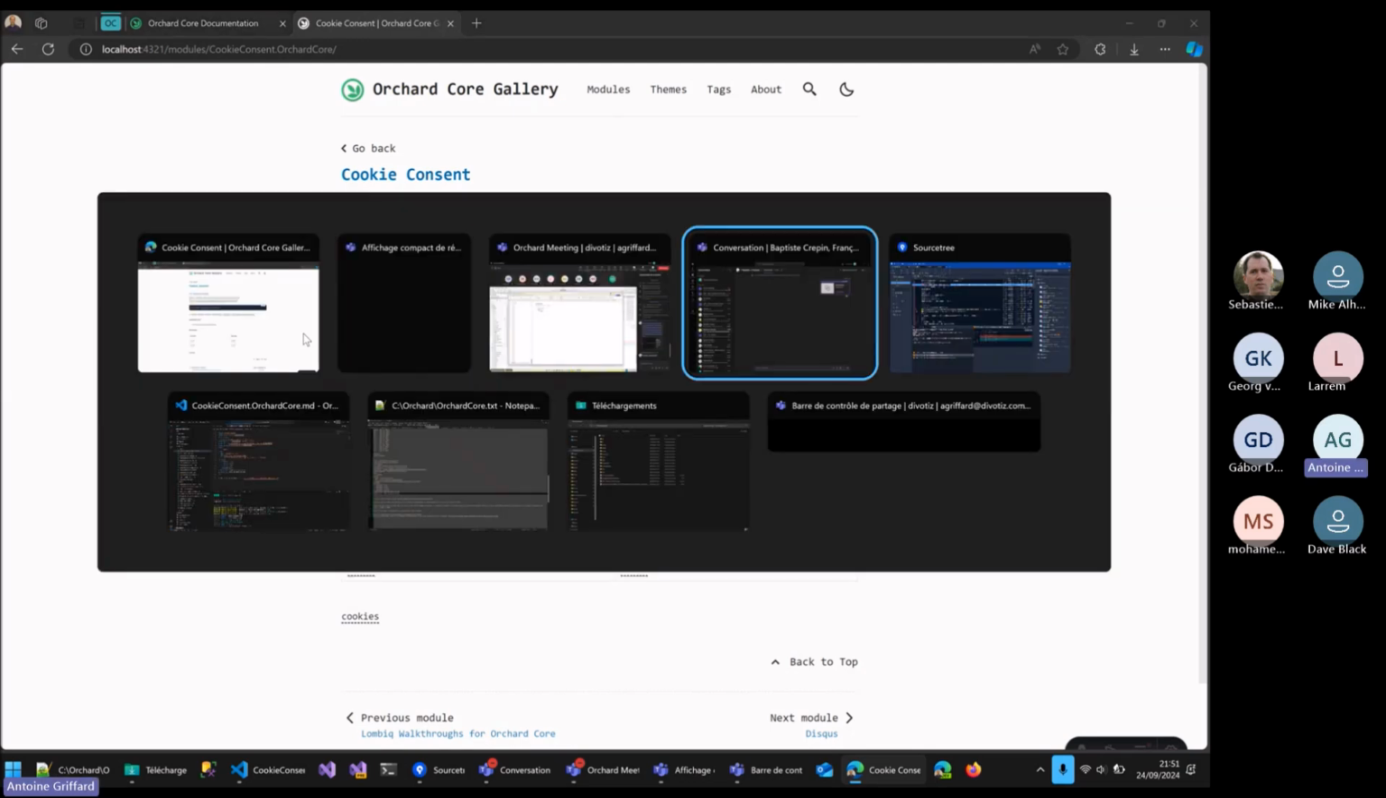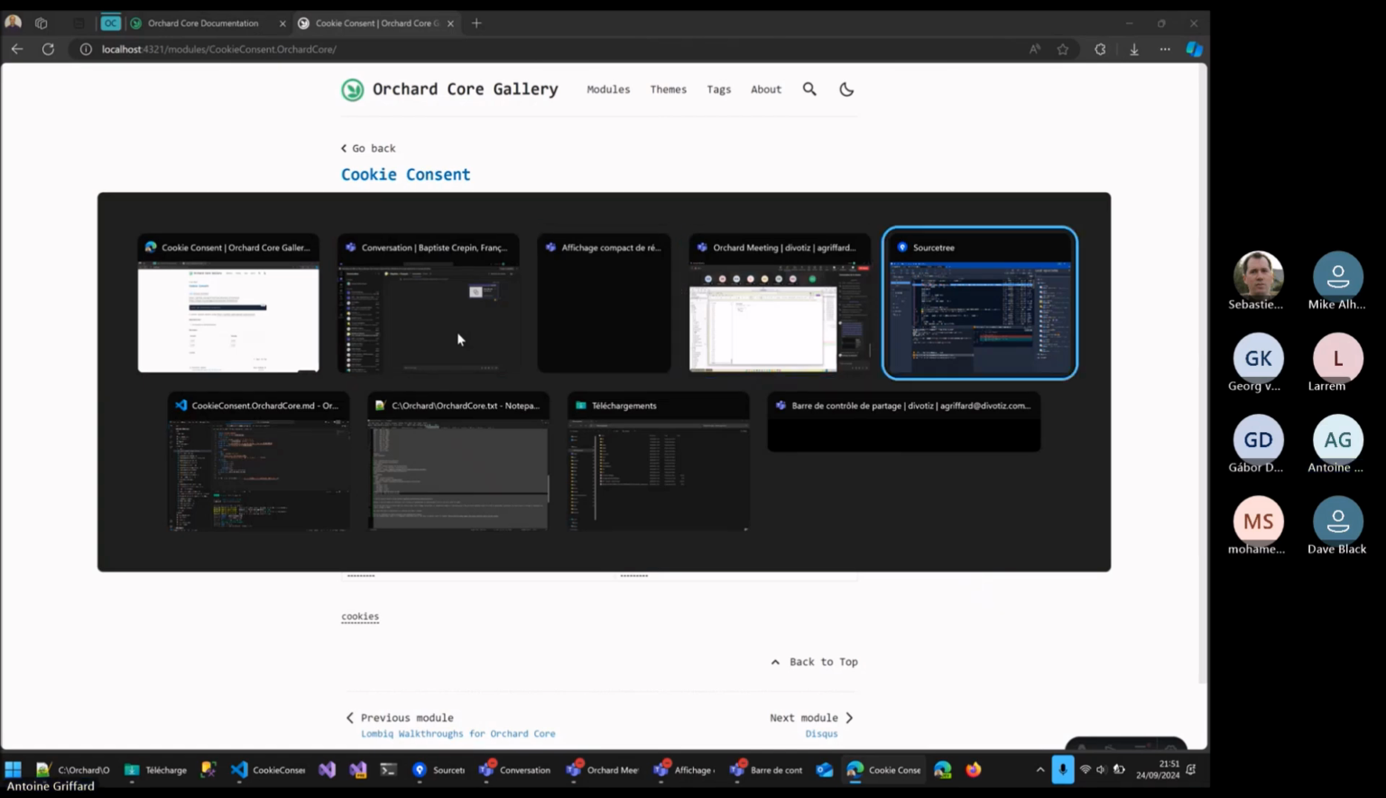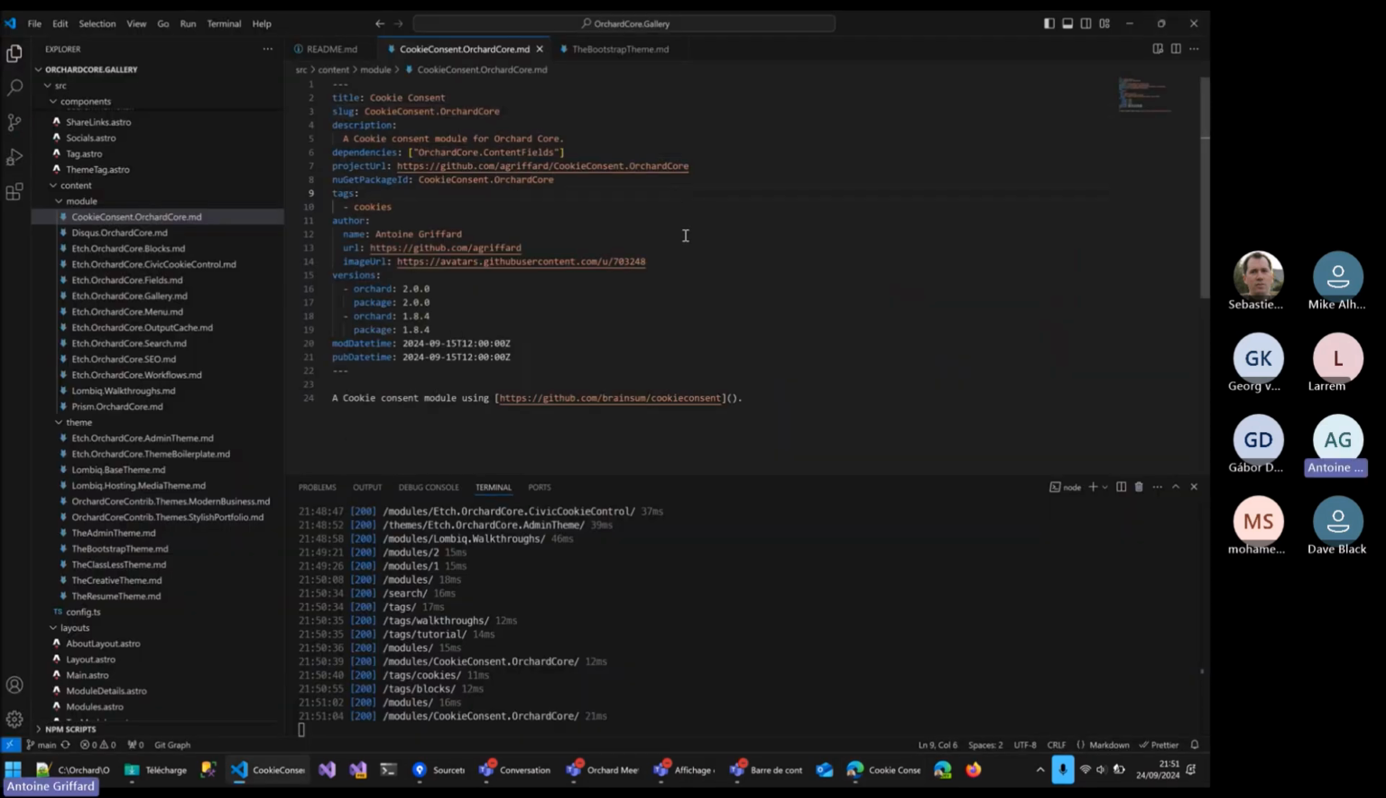So to do this, I will show you the code. For each module, you are supposed to create a new markdown file. In the headers, using what we call the front matter properties between the three dashes at the top and at the end, you will specify the properties of your module or your themes. They are exactly the same. So we will specify the title, the permalink, a small description,